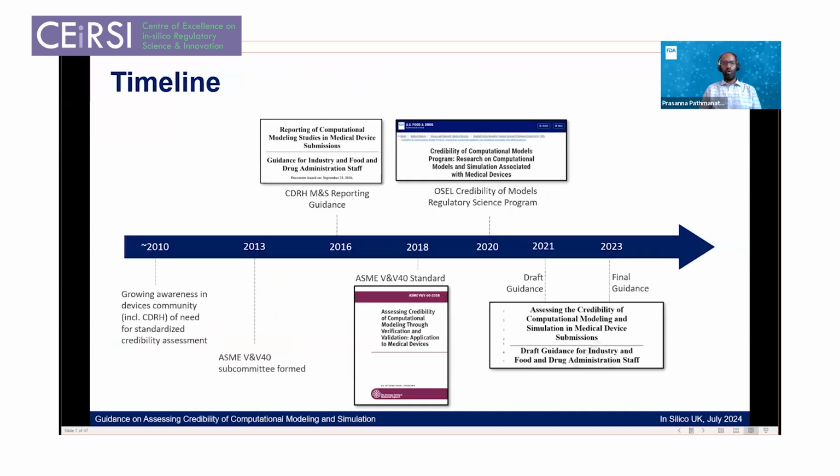A timeline on how this field has evolved in the last 15 years. In the early 2010s, there was a growing awareness in the devices community, including in CDRH, the Devices Center at FDA, of the need for standardized credibility assessment. Before that, modeling and simulation was already established in certain areas, such as assessing fracture risk, or another very well established area, assessing the potential for tissue heating and thermal